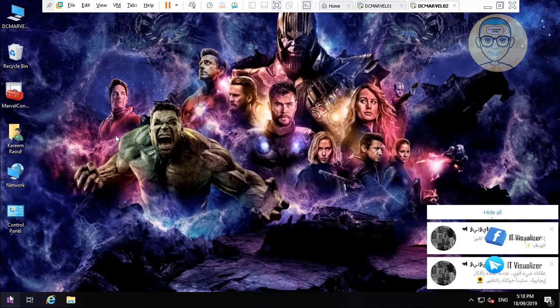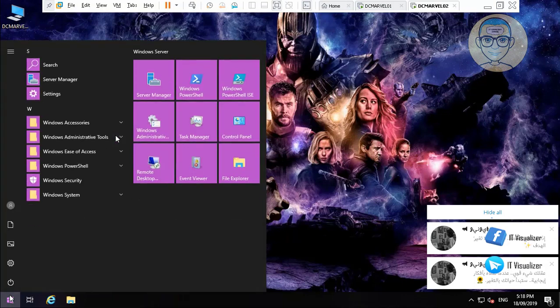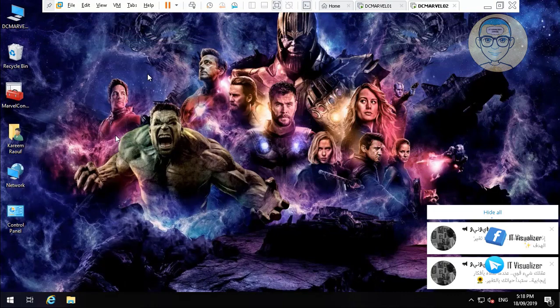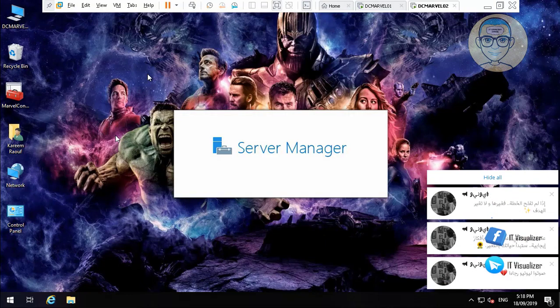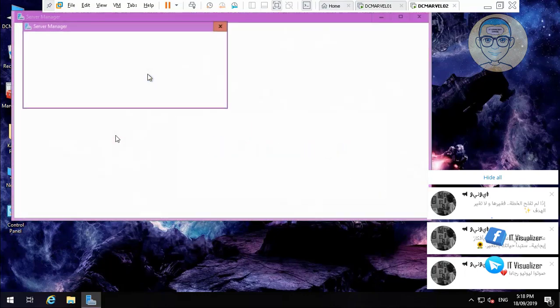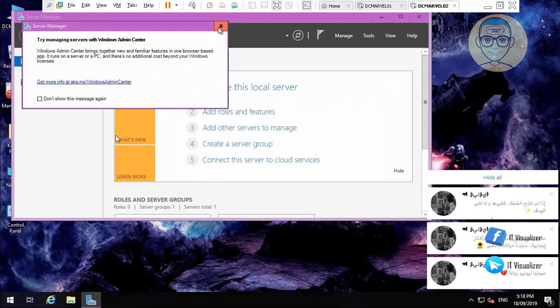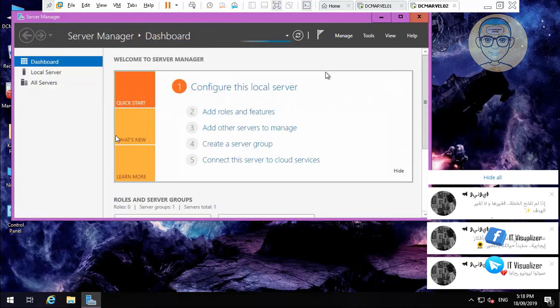server manager. Here I will just open the start menu and pin the server manager application to the taskbar. So you will right click here, open it, and then pin it to the taskbar, so I don't need to open the start menu and click on it every time. So here now we will close this server manager message, and then we will go to manage and tell it to add roles and features, and then we will add a couple of server roles, the DHCP, the file server